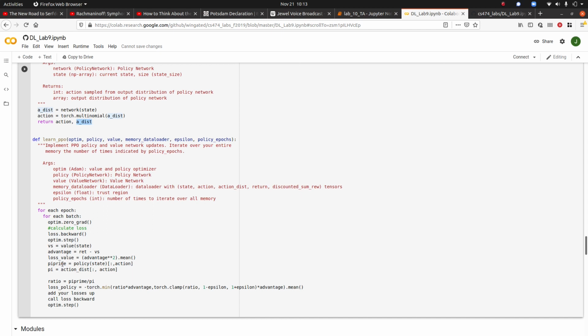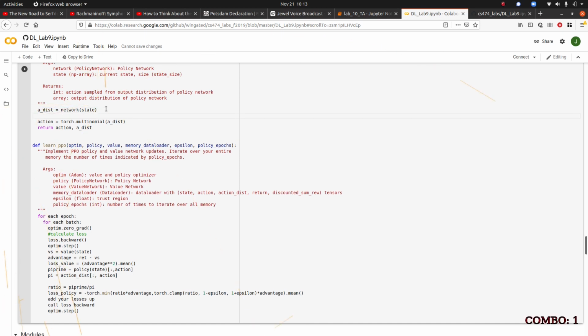So that means we're kind of using the network twice within the loss function. And so that's going to cause backpropagation problems. So what we're going to have to do here is detach the distribution of actions, which will also inherently detach this action,